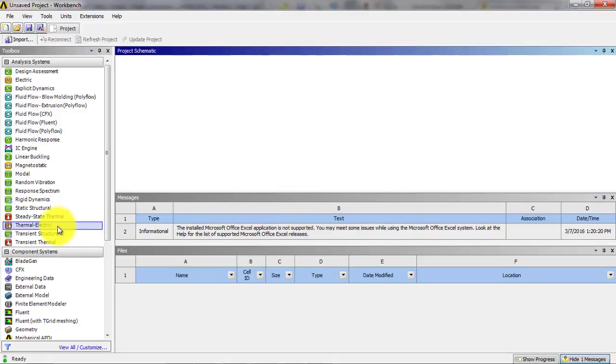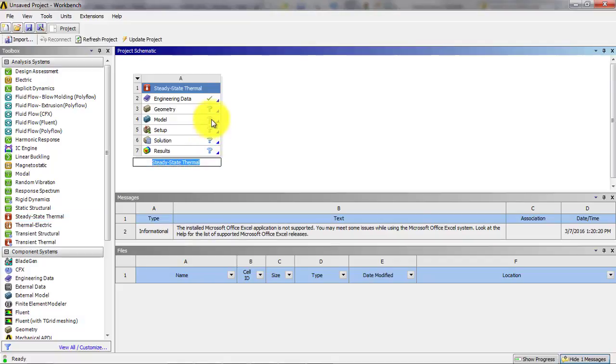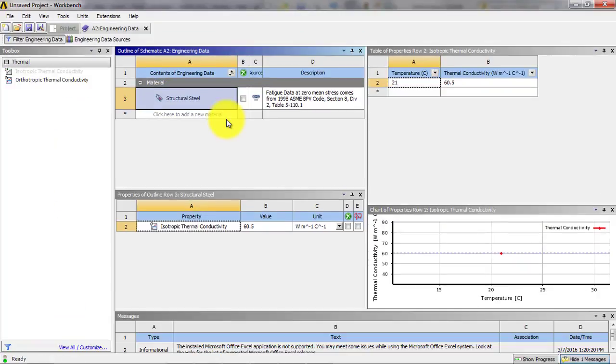All right, and we want to do a thermal analysis. So we're going to come down here and we look at just steady state thermal. So I'm going to click and drag it up here. Looks good there. So come in here and we're going to update the data so we can get the materials